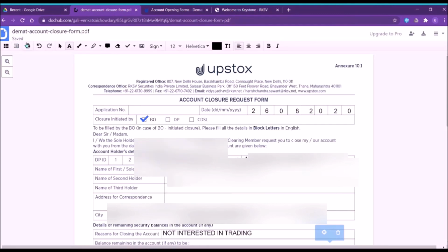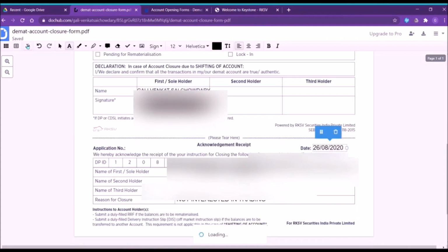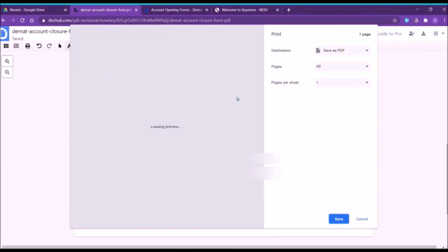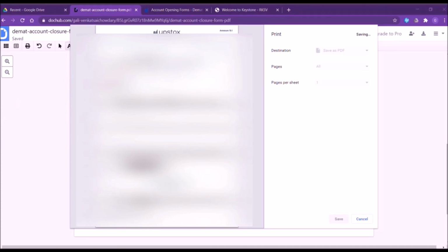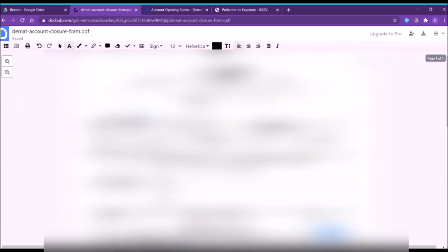So where to send this post, where to save? First of all, you need to save this edited document on your mobile or desktop. Just print it and it will save as a PDF on your desktop.